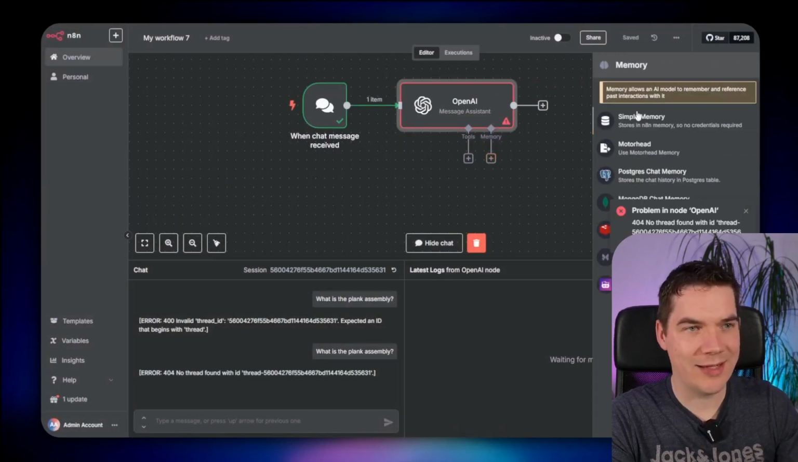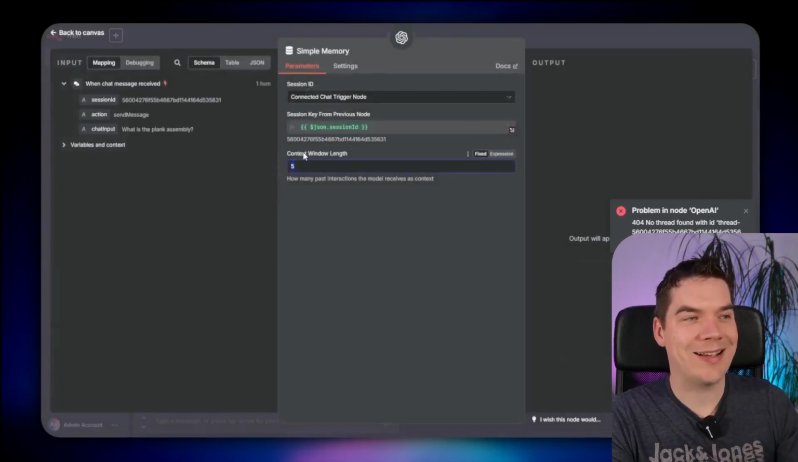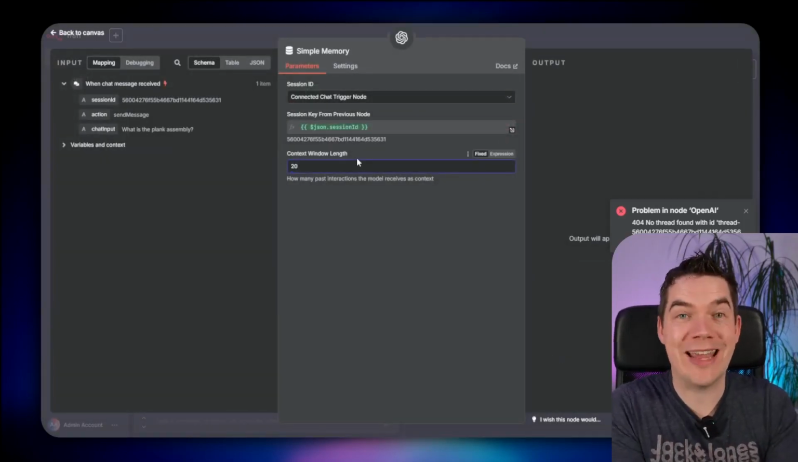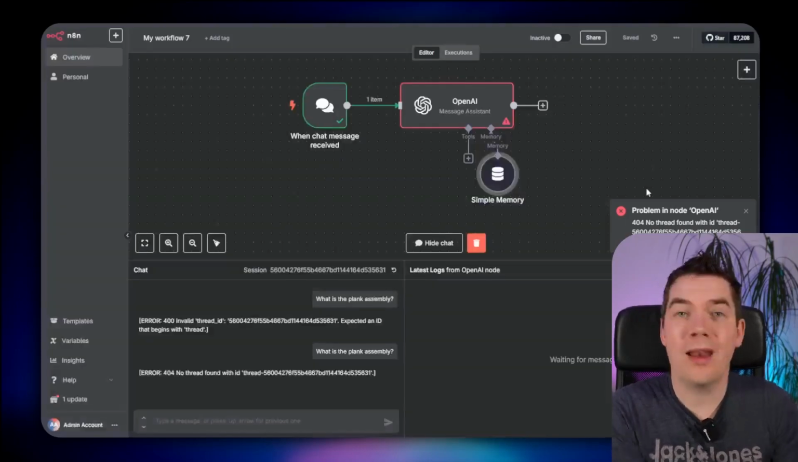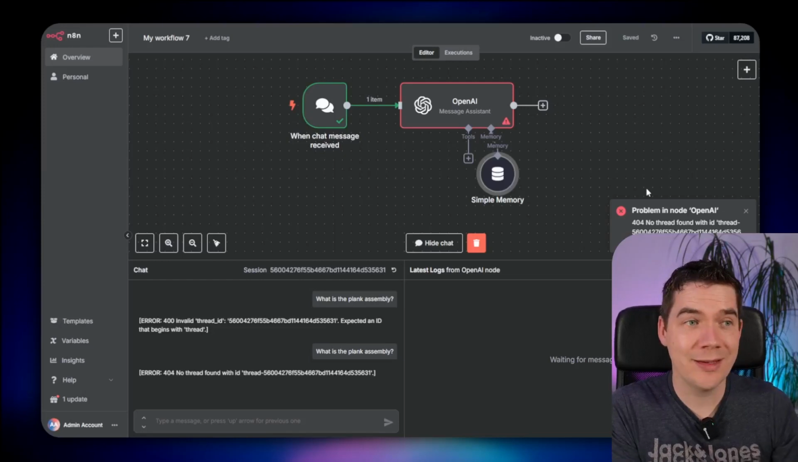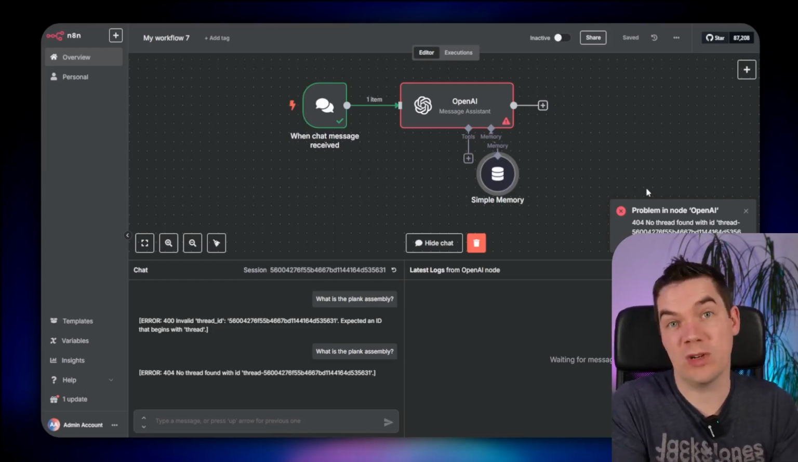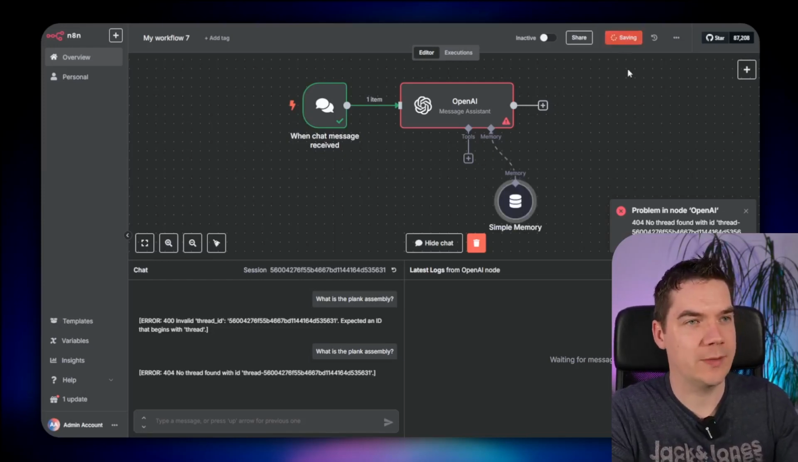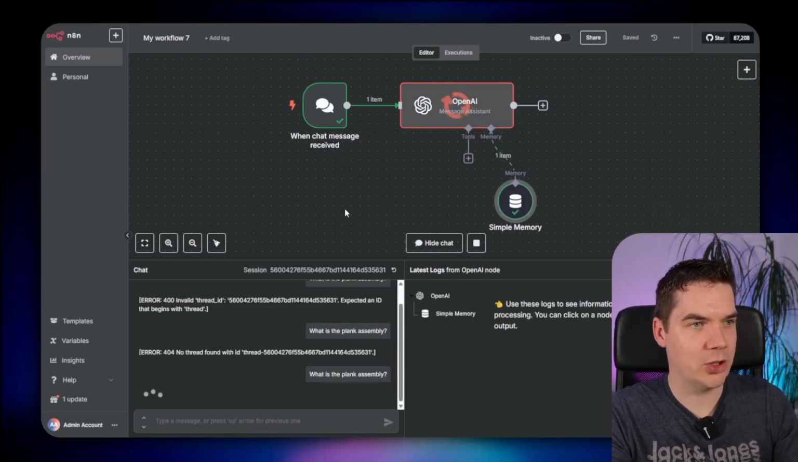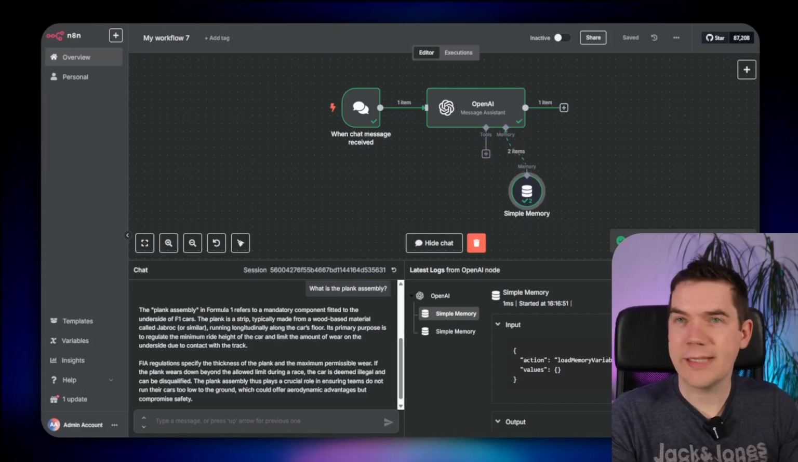So if you just click that and just use simple memory, and let's set the context window length to say 20. So we'll remember the 20 most recent exchanges within this conversation. The longer you set the memory, the more expensive it gets because there's more information and context, and sometimes it can kind of pollute the accuracy of the responses as well. So we'll leave it at 20. So we'll save that, and let's go again, repost the message. So it's gone off to the assistant,